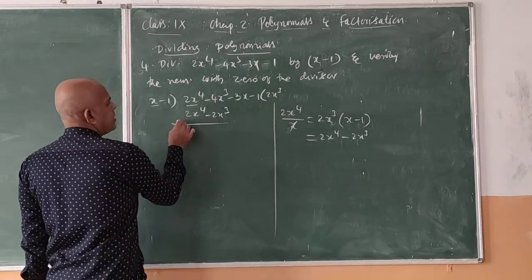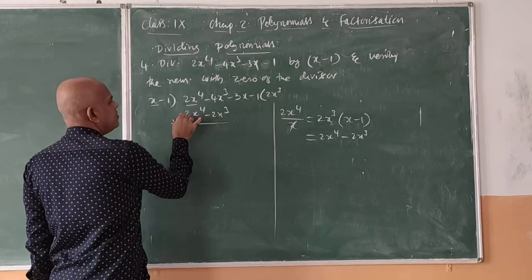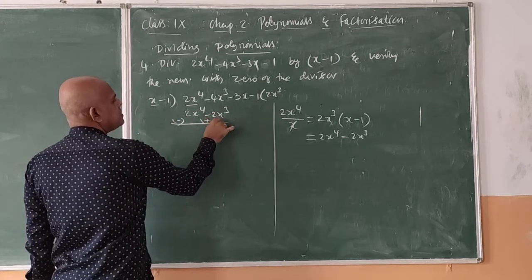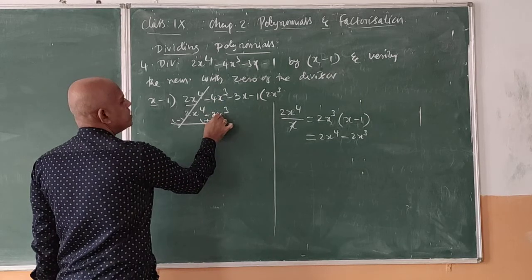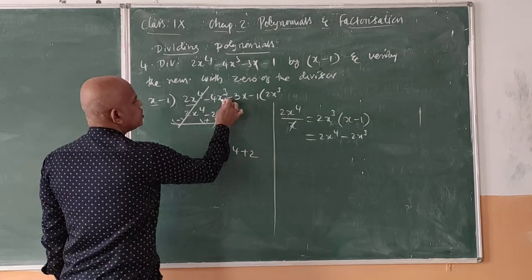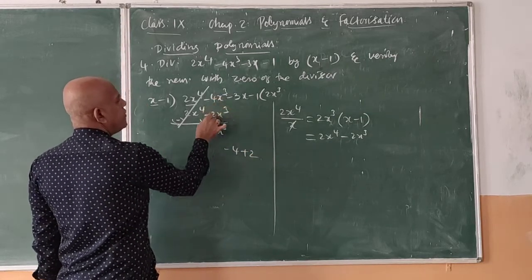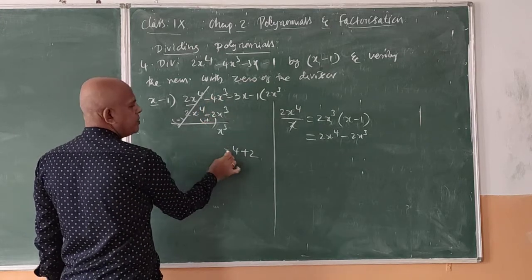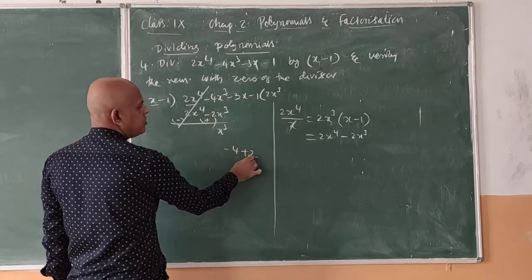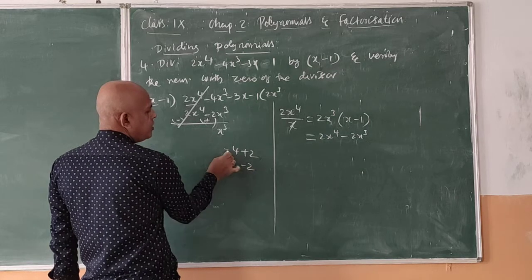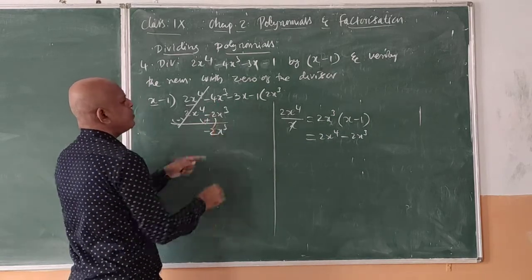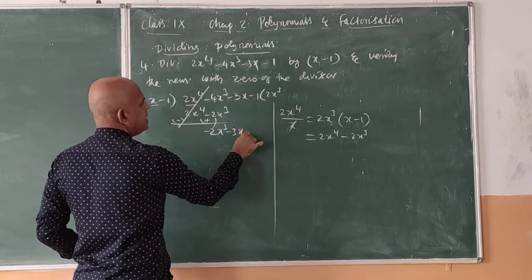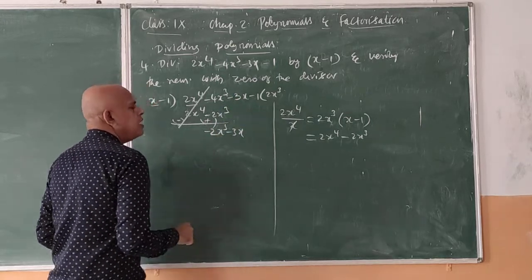So again you have to subtract here. Plus, nothing is here. Minus means plus. 2x power 4, 2x power 4 gets cancelled. Minus 4 plus 2. The x cube term will be as it is. Now you have to calculate the numeral. Minus 4 plus 2. Subtract: 4 minus 2 is 2. Here the minus value is bigger, so minus 2 here. So minus 2x cube. Here next, what do we have? Minus x. We have to take one by one, as usual in the division of real numbers.